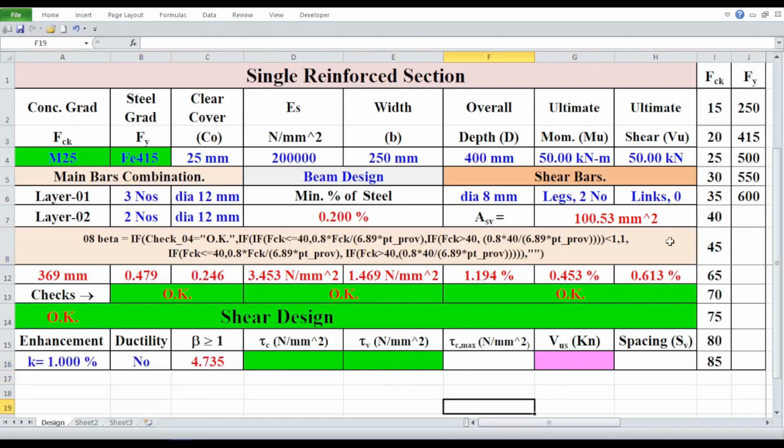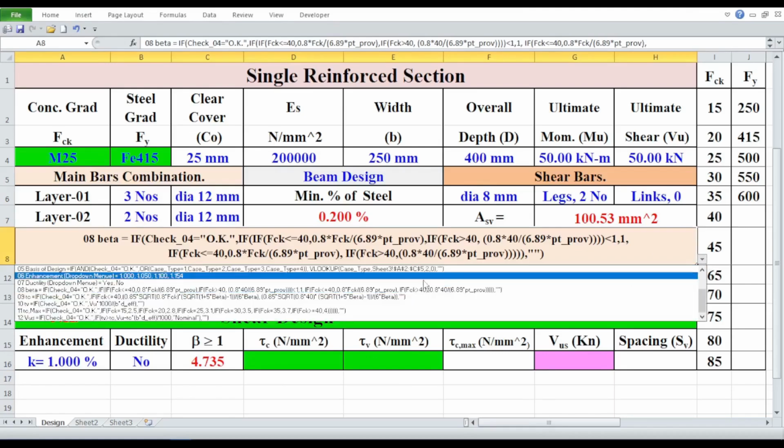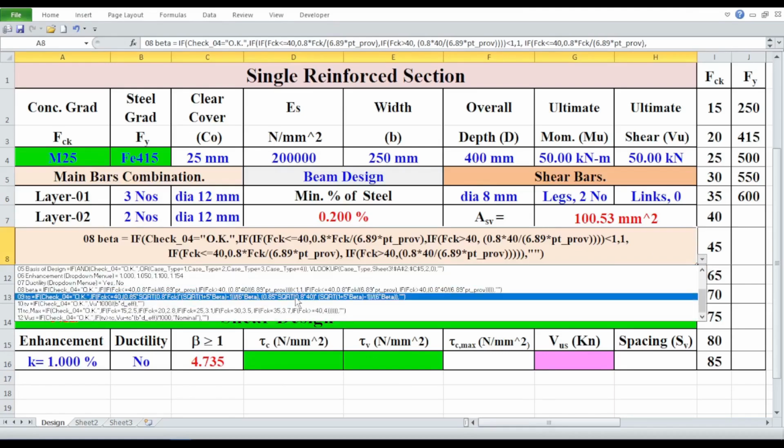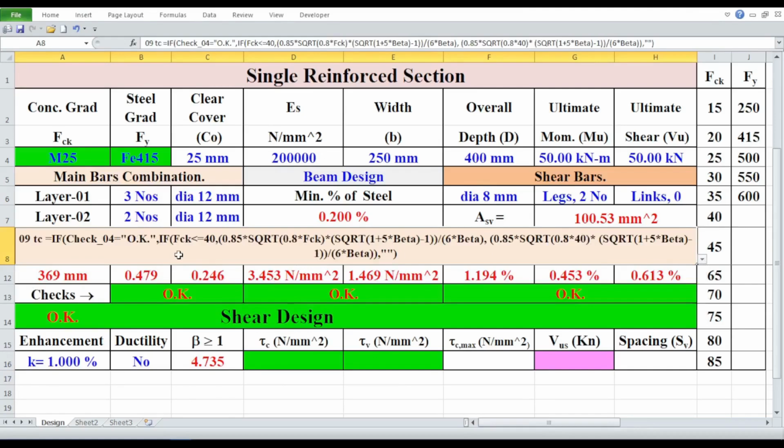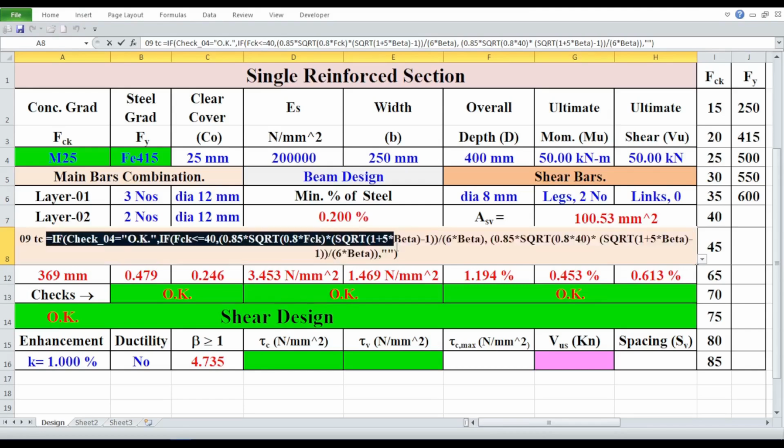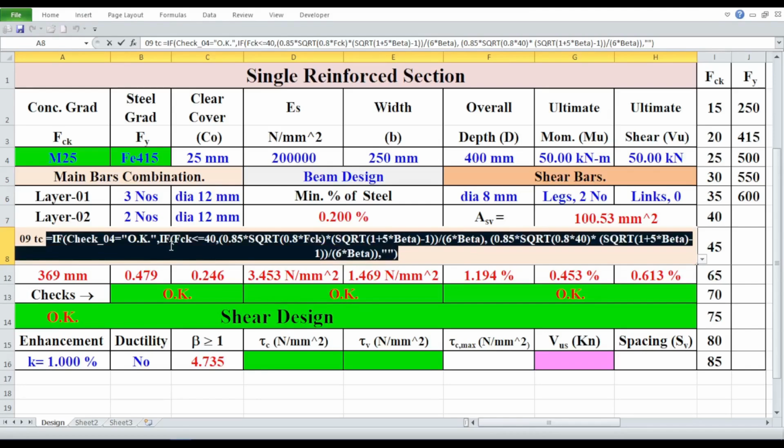Now, we'll select the formula number 9 from the formula bar, and we are watching the formula for the design shear stress, tau c, of the concrete. The formula is equals K multiplied by, if, open parenthesis, check_04 equals OK, comma, if, open parenthesis, FCK,